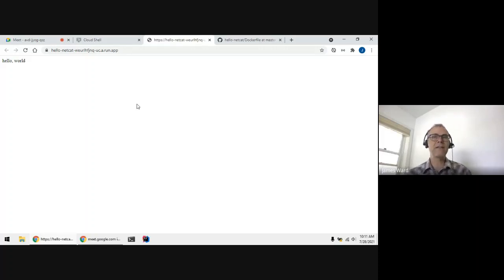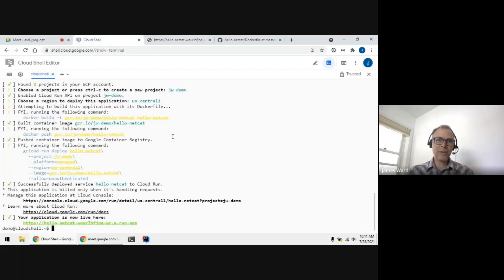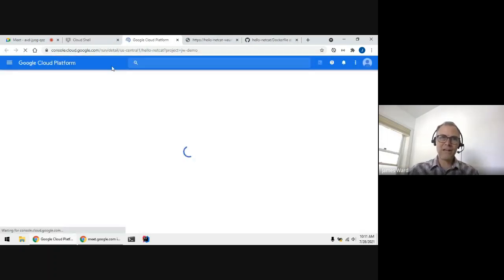It'll just keep on scaling up and down as demand dictates. Okay, so that's the auto scaling and billing part of Cloud Run. Let's go in and open up the Cloud Console so that we can go explore some of this stuff through